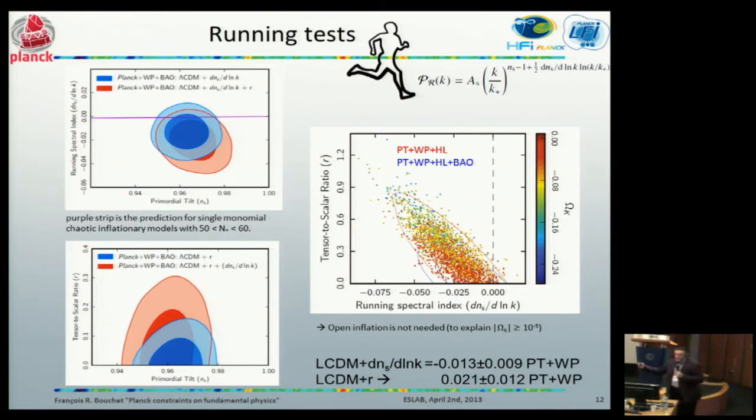Of course, our patch of the universe might still have a fluctuation from much larger scales. But in that case, this is omega k of the order of 10 to the minus 5, right? So even now, even with the precision of Planck, we're not probing this.